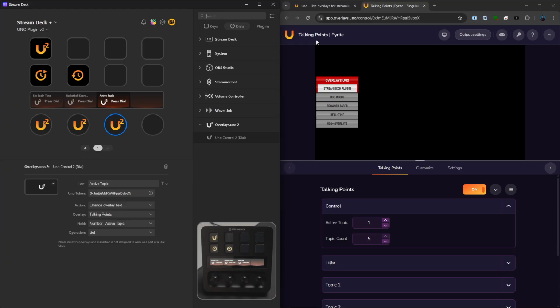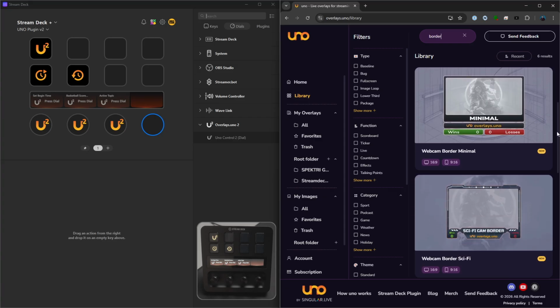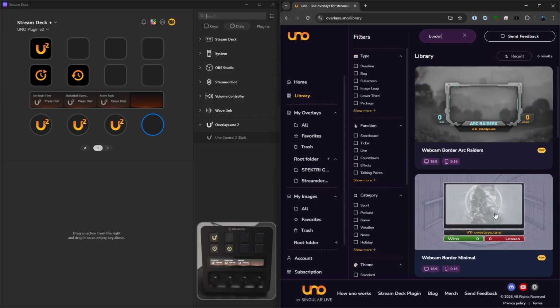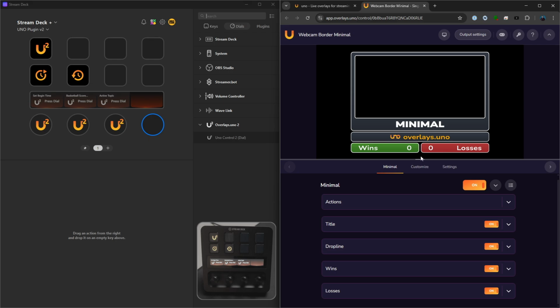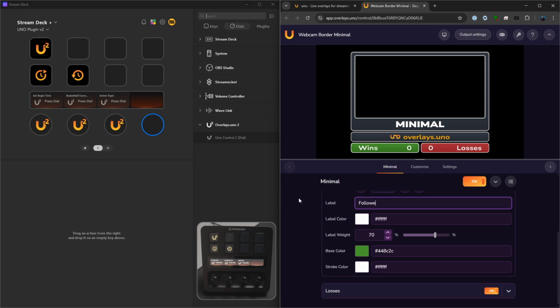Another example is this talking points overlay, for which we can choose to set an active topic between 0 and 5. 0 being no topic is selected, and then we can click and say 3, or we can go back to number 1. Another use case for the dials could be one of these webcam borders we've released recently, where we can modify the wins and losses. And of course, we can change these labels to say followers